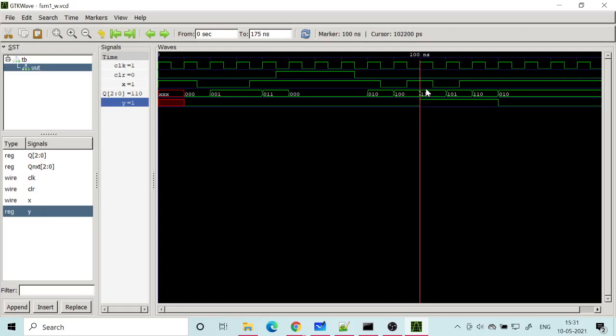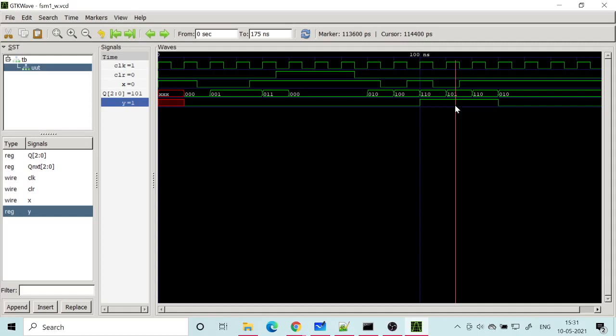Okay, so we have detected S6. It has gone to S6, and therefore y is made 1. And in the next bit, the input is going to 0. So you can now say we have detected 010. So that is why we have gone to S5 state, and again y should be 1 for that also.